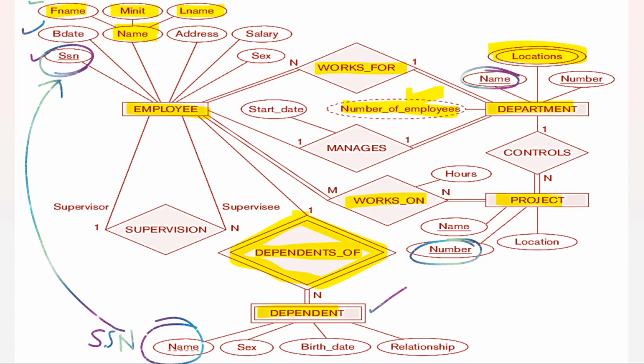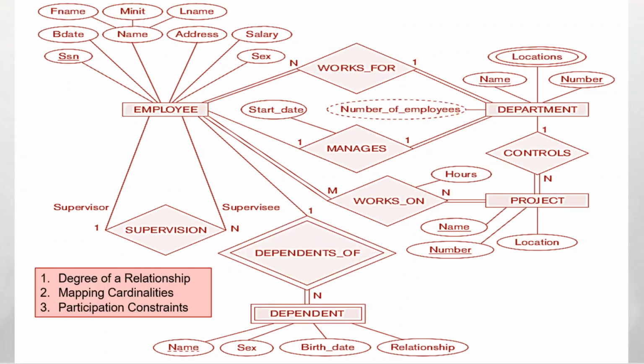So the main focus of this lecture is these relationships. How these relationships, the double line, single line, and the numbers related with these relationships are represented will be covered in this lecture. The main focus is the cardinality. These numbers written over the lines are representing the cardinalities, so the main focus is mapping cardinalities. Why we are writing these numbers and what they are representing, we will be covering in this lecture.